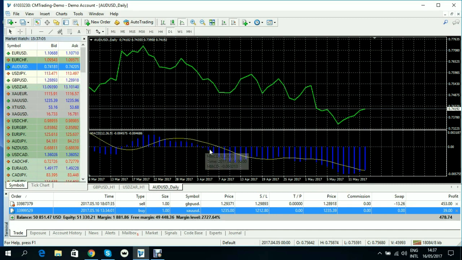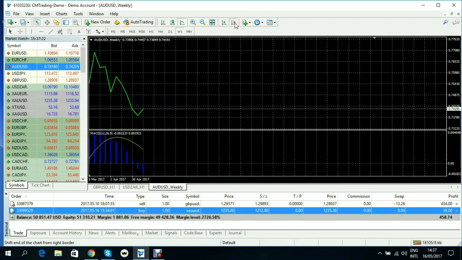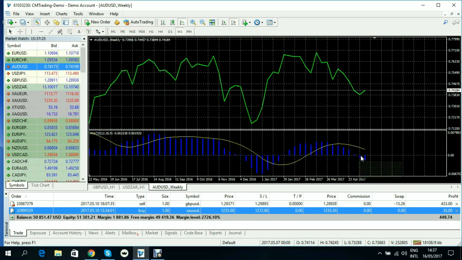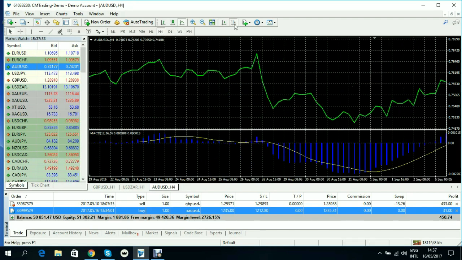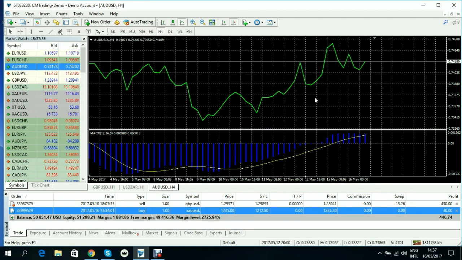Now on the daily, it is a sell, because the bars are below, and the signal is below the zone. If we check the weekly, the 2 bars are below, but the signal is not yet. So it is not a clear trend as to whether it's going to buy or sell. All you need to do is to leave it and analyze a different trend. But that is how